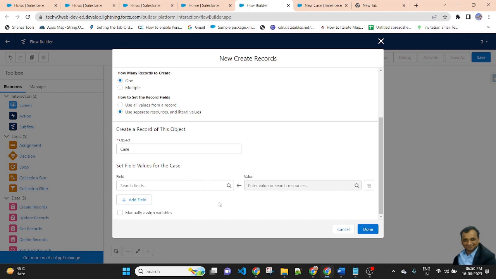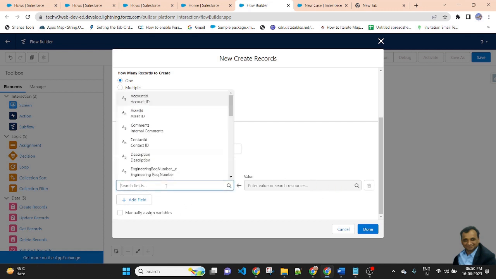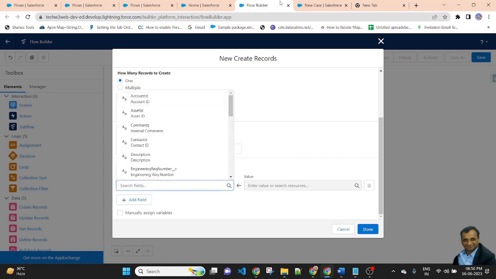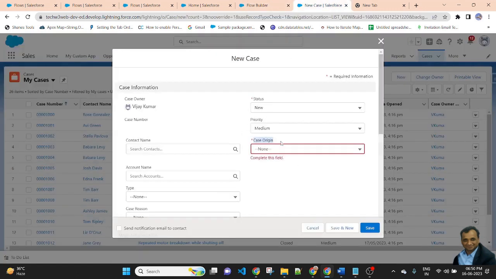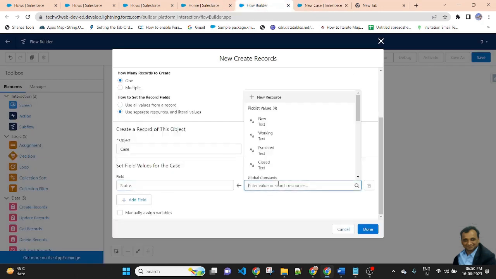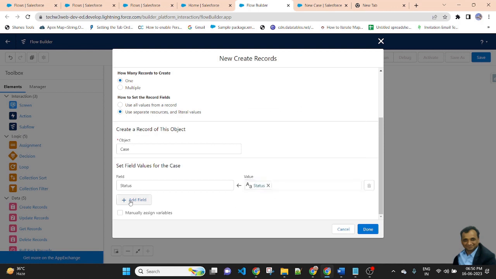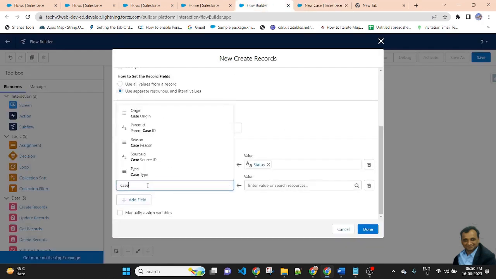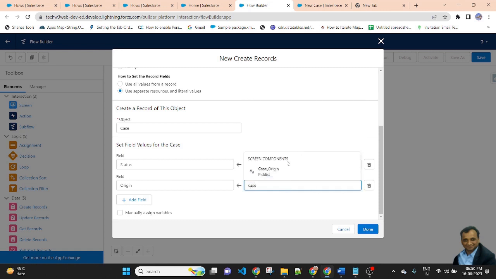So there are two sections, fields and values. Here is the name of the fields and here we are passing the value. So fields will be status and case origin. Status value will come from status, and case origin value will come from case origin.